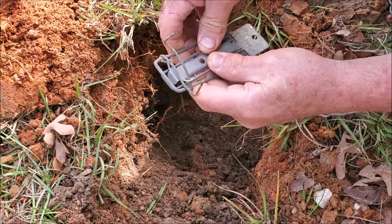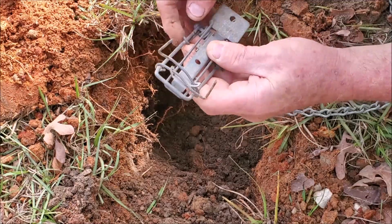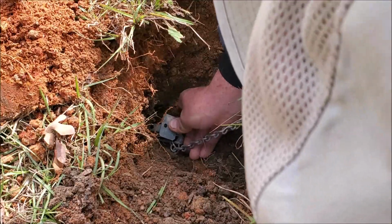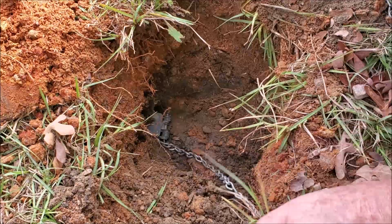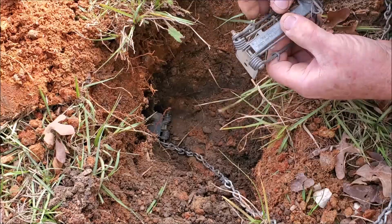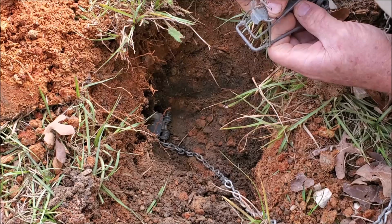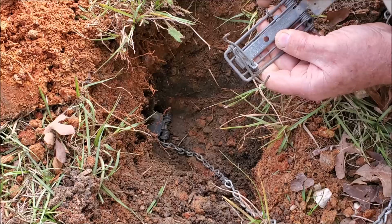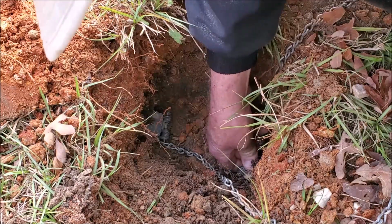We push down and we set this thing underneath here, so it's there, and then we put this here, we hold on to it, and we push it into the hole, and we push it down solid against the bottom. That way they're less likely to push it out. And we're going to do this one the same way. Just a matter of tilting that piece down, getting it tucked underneath there, bringing this around,